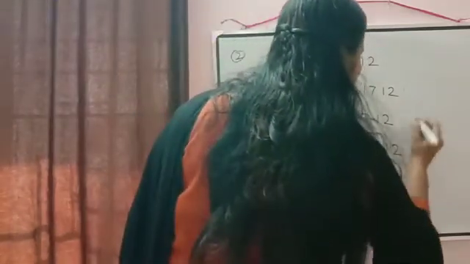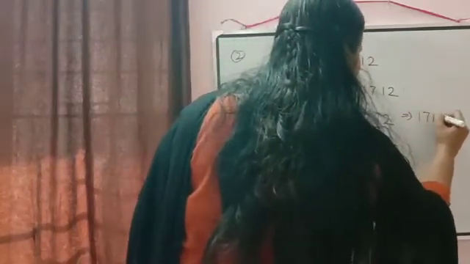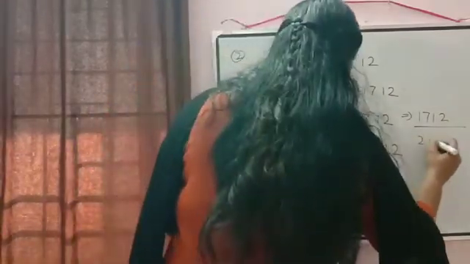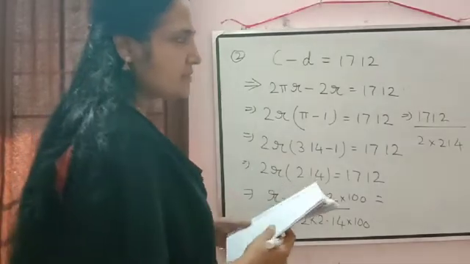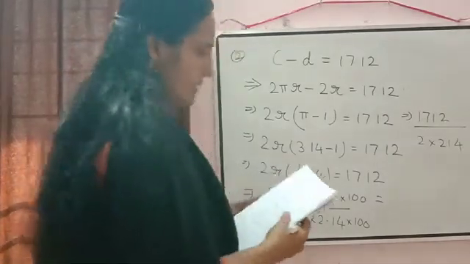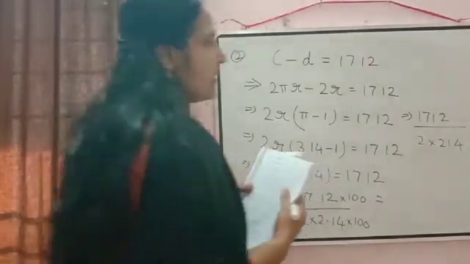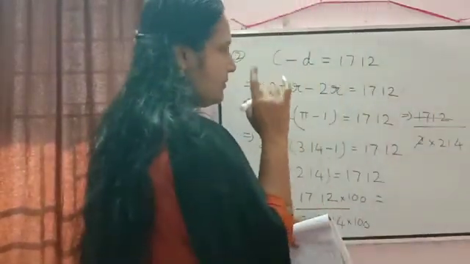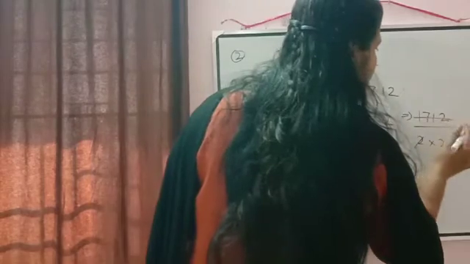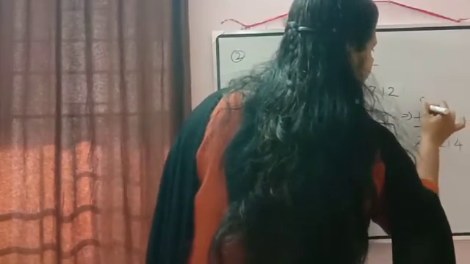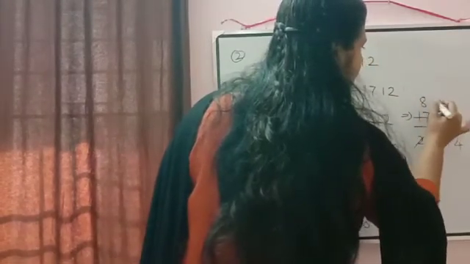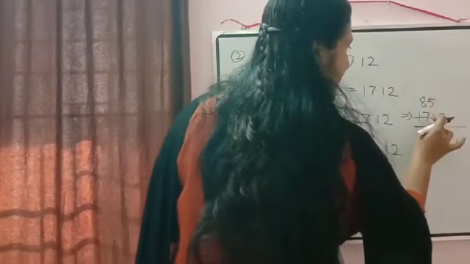So it will be equal to, I am writing here now, 1712 by 2 into 214. Now we can cancel the terms there. Just check how it will come. First we can cancel by this one. So it will be equal to 2 8s are 16, then 1 will remain there. 2 5s are 10, then it will be equal to 2 6.